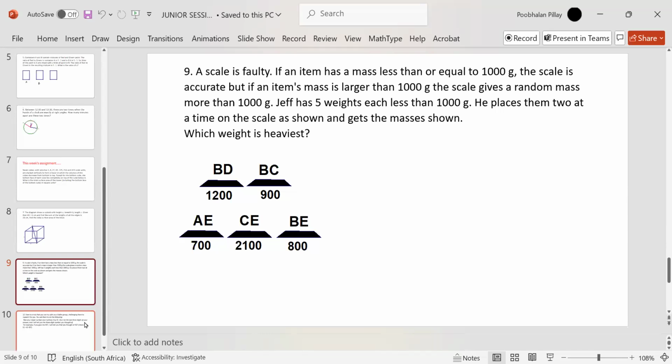Okay, so you have no idea what the mass of that is. Now you have Jeff has five weights, each less than 1,000 grams. He places two of them at a time on the scale as shown and gets the masses shown. So the 5 weights, he's given names to them. The 5 weights are